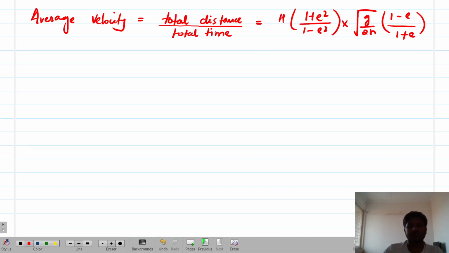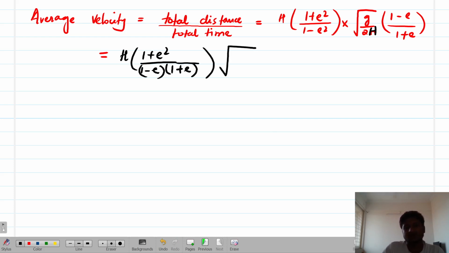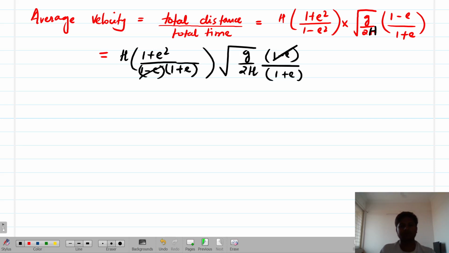Here, one. So what will it be left with? It is left with h(1 plus e square) divided by... this is the same. This is twice h, the same. So 1 plus e square, 1 minus e, 1 plus e, bracket close, root under g by twice h, 1 minus e by 1 plus e. Again, this and this got cancelled and I am going to get root under average velocity is root under